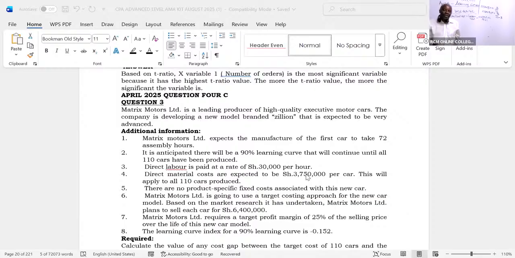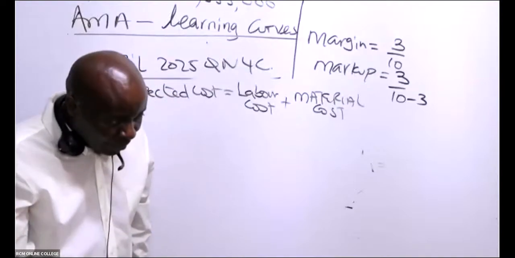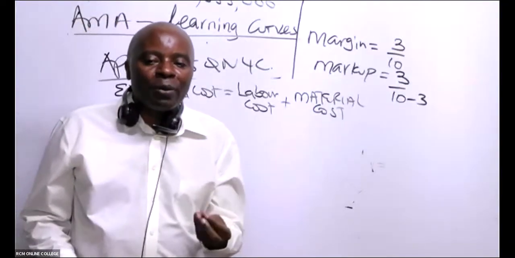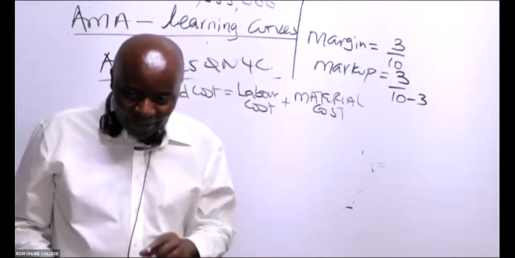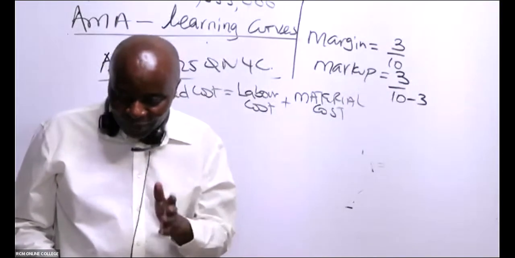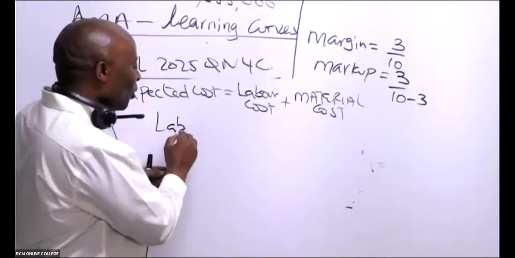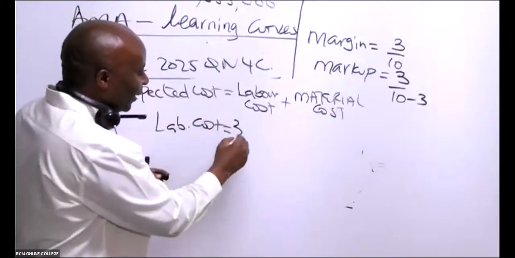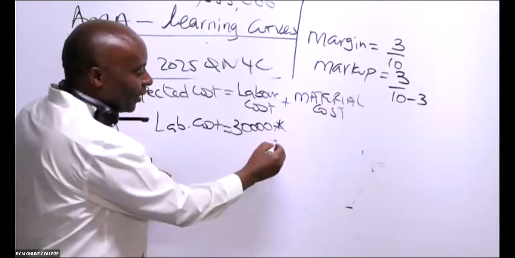So in terms of producing these cars, ladies and gentlemen, we are expected to calculate two costs. So we have in this particular case, number 1, the labor cost, and then number 2, what here? Material cost. So then what are we going to do to be able to get labor cost? We multiply, isn't it? So you multiply what and what? For labor cost, I'm being told to multiply. So I should take what times what? 30,000. This is per hour, isn't it? Times how many hours? 72.